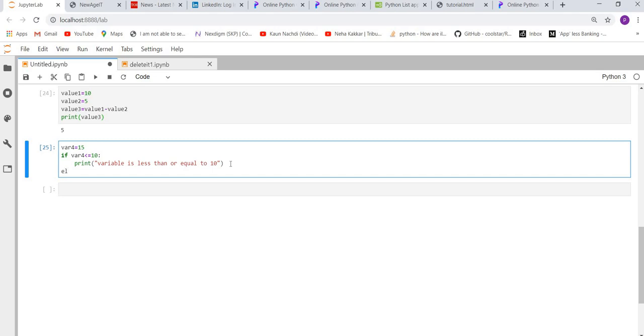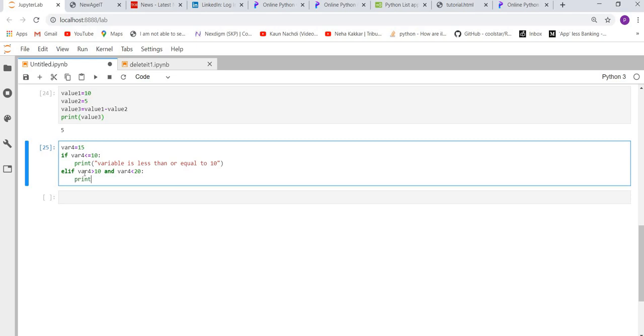Now we'll use else if. What it does is, only if this is not true, then it will move to the next line, that is else if. Else if var4 greater than 10 and var4 less than 20, then print "variable is between 10 and 20".